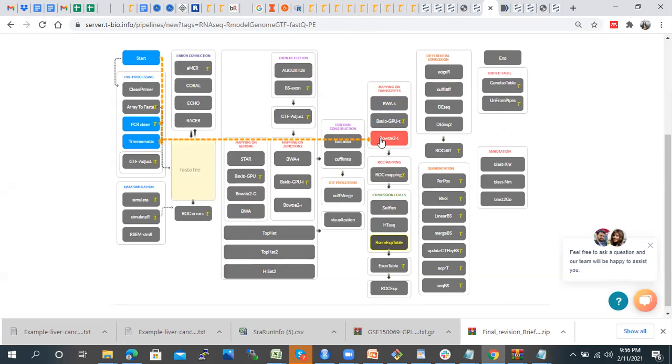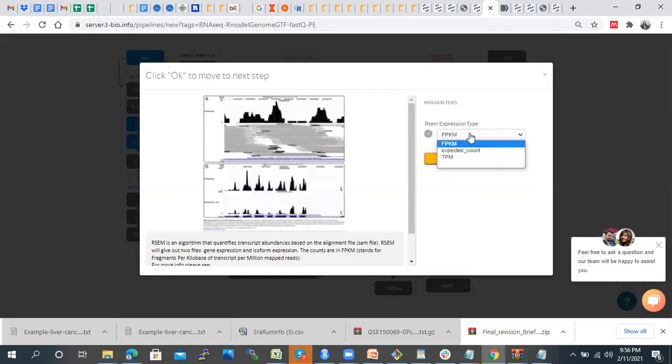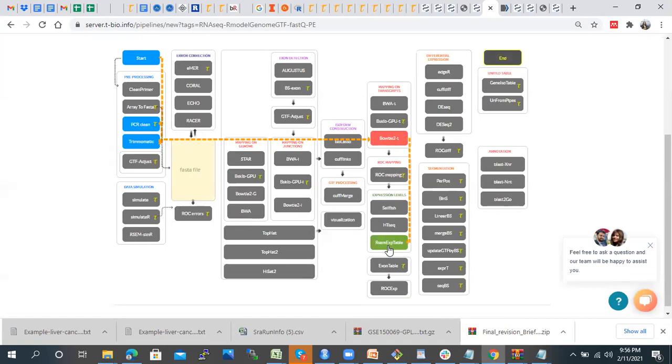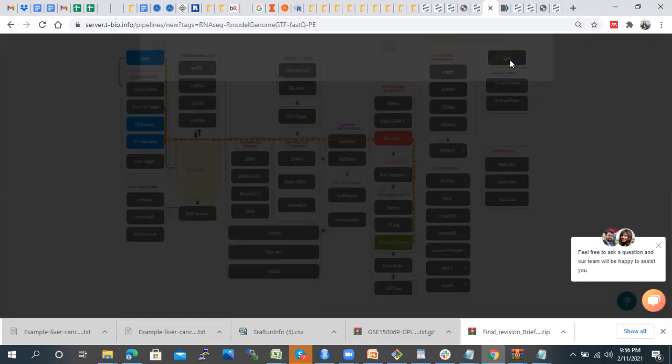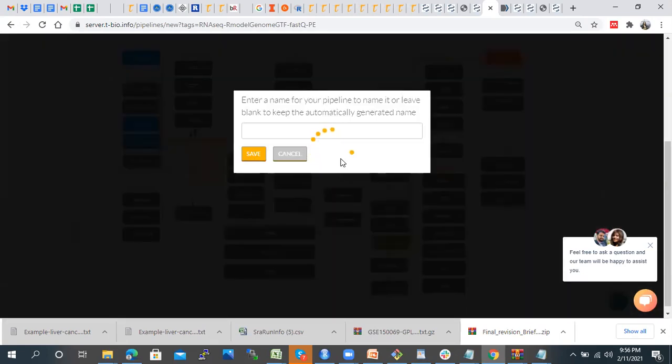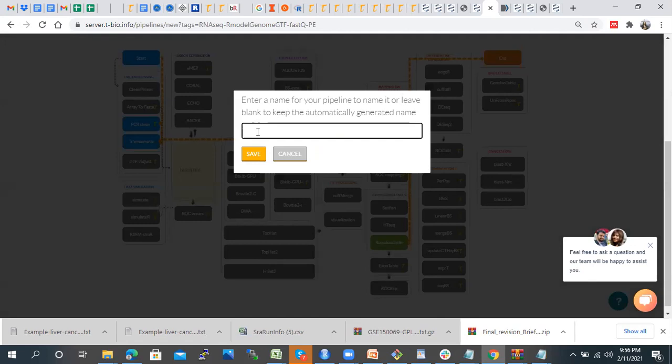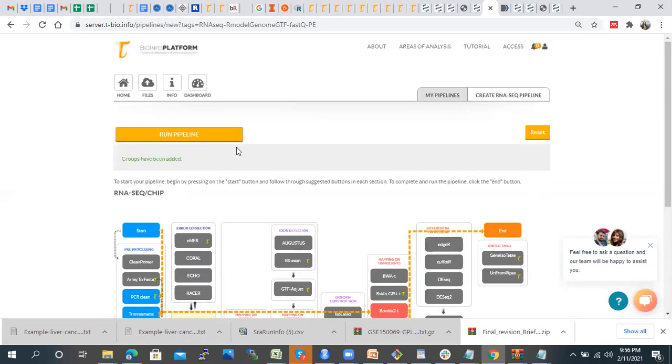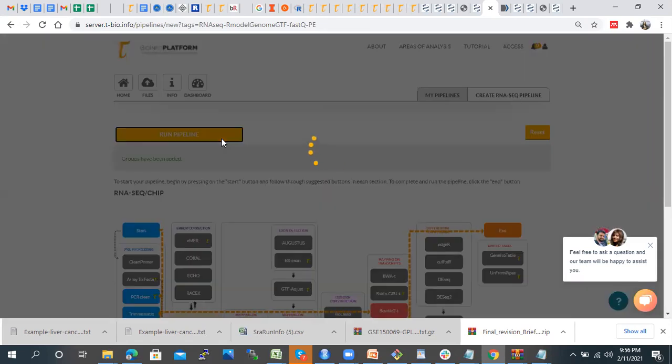Here, as we want to generate a gene expression table, I'm using this particular algorithm to map reads on a reference transcriptome. Then if I'm interested to quantify gene expression, from here you can select the FPKM value or RPKM or expected count. So we will do that and end this pipeline. It will take maybe 1 day or some 4-5 hours. So RNA-seq liver cancer. Here you will get a gene expression table in the form of FPKM values, right? So you can do this particular analysis.